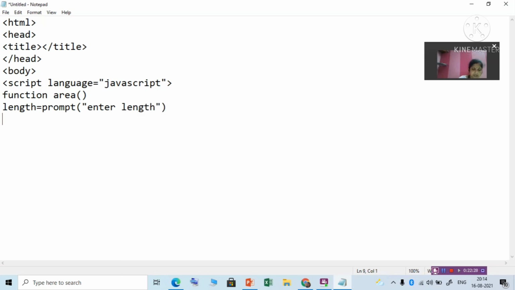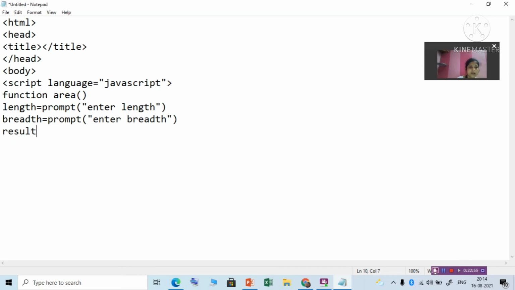Then suppose breadth equal to prompt. Prompt is always used to accept the value. Suppose I can give here result.